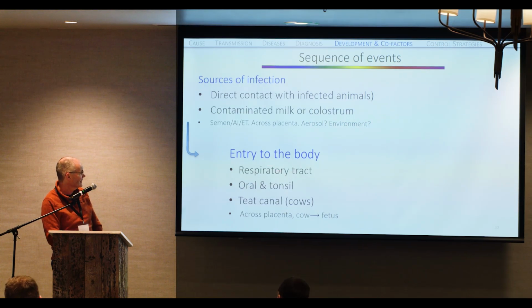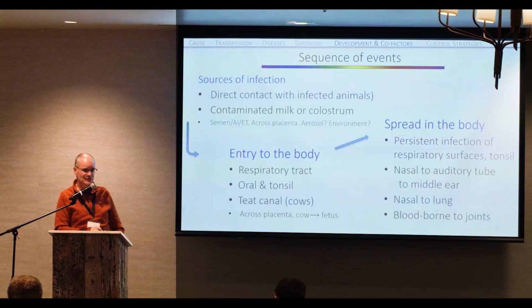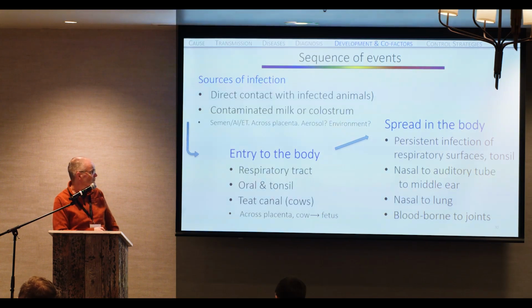Bacterium is going to come into the body, typically through the respiratory tract or the oral cavity. The tonsil is susceptible to infection, and the bacterium can hide out there for a period of time. And then these other methods are important in other contexts. After we have established infection in the respiratory tract, then this bacterium can survive for a long, long period of time within the body. So even though there's an immune response to the bacterium, that bacterium can stay alive in the body for months and months in feedlot cattle,